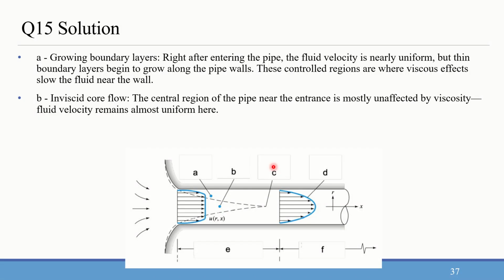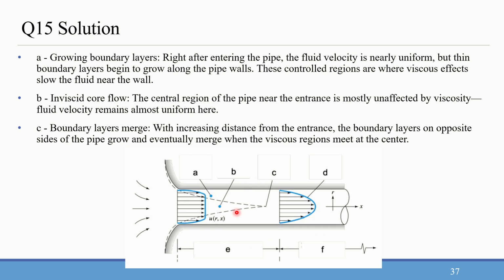So here, in the central region, near the walls the viscosity effects will be there, but in the inner core region it will be unaffected by viscosity. So fluid velocity remains almost uniform in the core region. And next is where the boundary layers merge with increasing distance from the entrance. The boundary layers on the opposite sides of the pipe grow and eventually merge when the viscous regions meet at